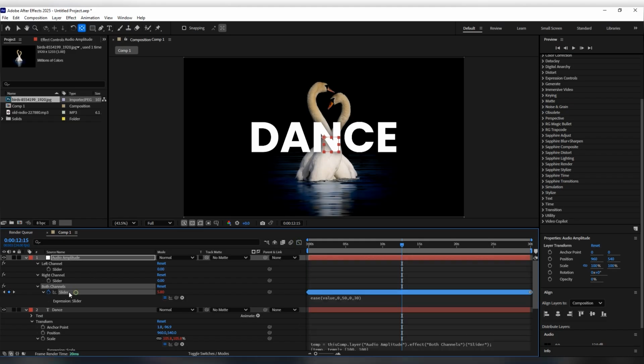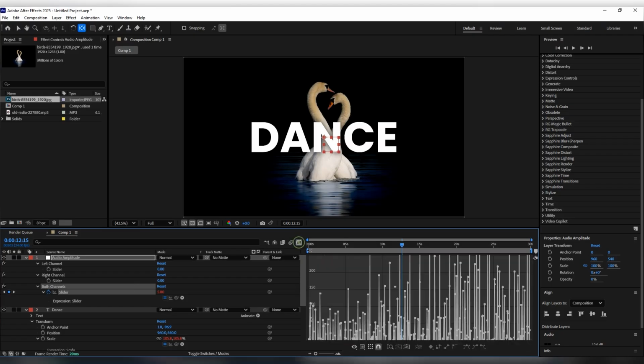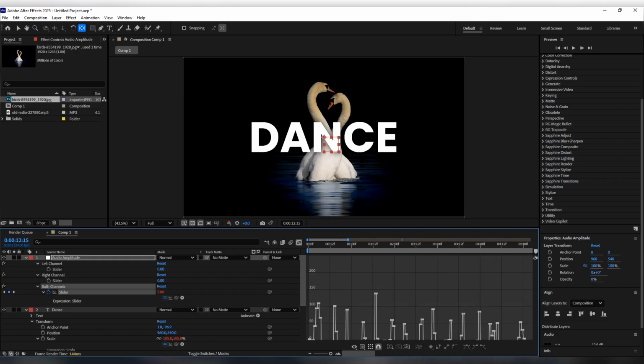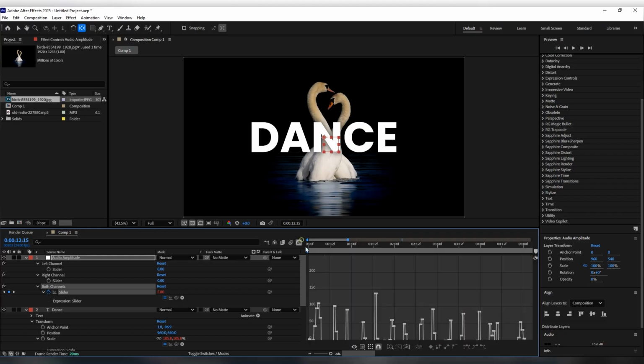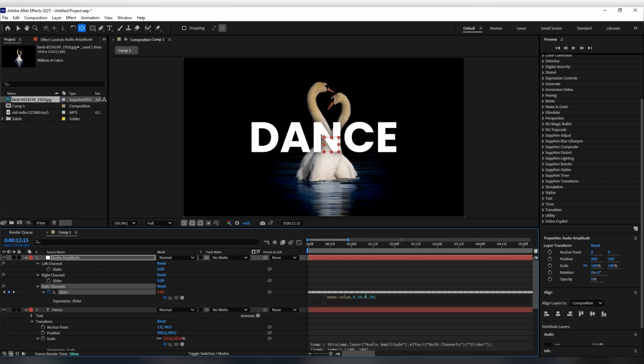If I select this both channel, select all the keyframes by clicking on this slider, and go to the both channel and make it more visible by dragging this slider, you can see that all the keyframes of that slider have certain values. So if I put 50, it means that it only picks from 0 to 50. And this one is for scale, 0 to 30, meaning its scale goes from 0 to 30 percent.